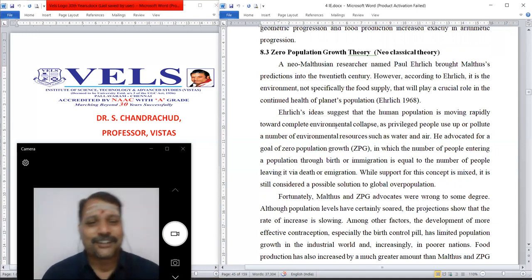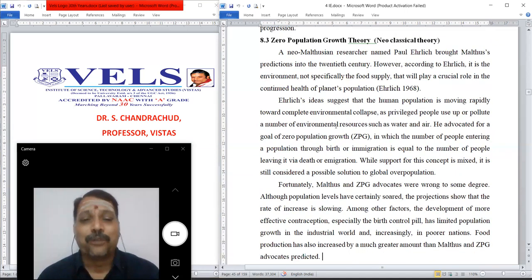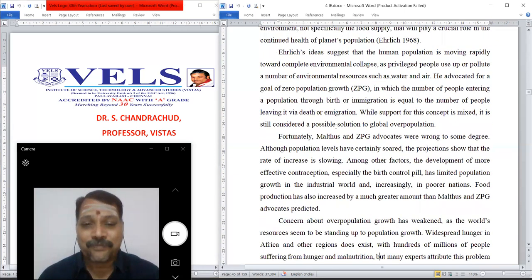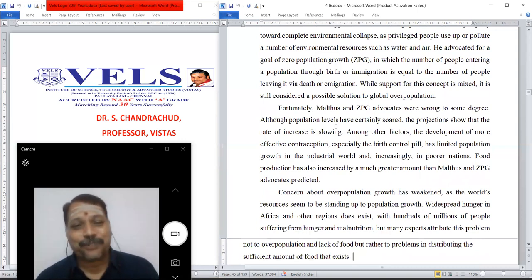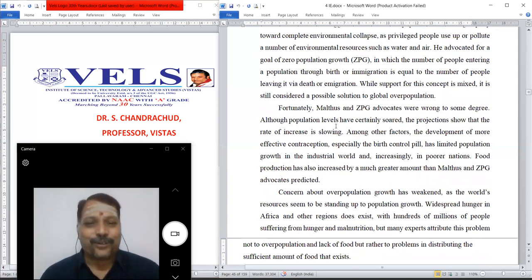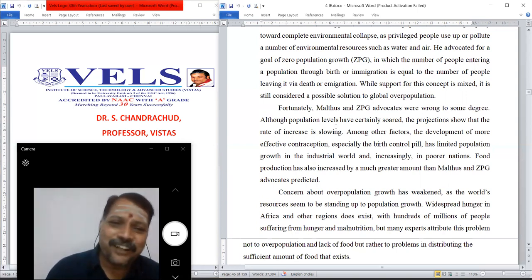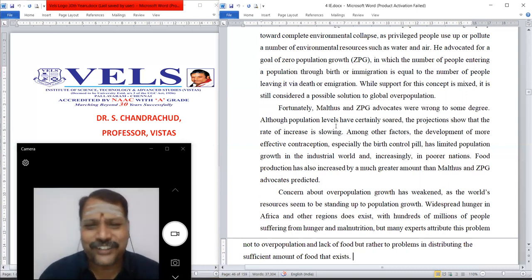While support for the concept is mixed, it is still considered a possible solution for global overpopulation. Fortunately, Malthus and the zero population growth advocates were wrong to some degree. Why? Because although the population levels have certainly risen, the projections show that the rate of increase is slowing. Among other factors, the development of more effective contraception, especially birth control pills, has limited population growth in